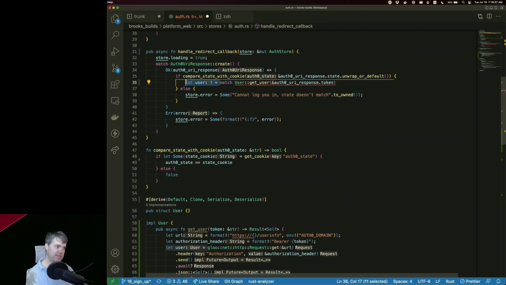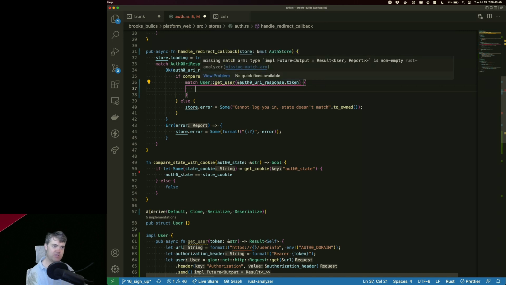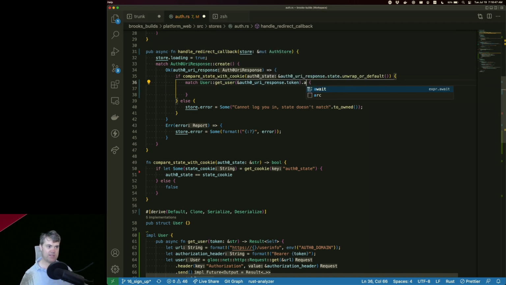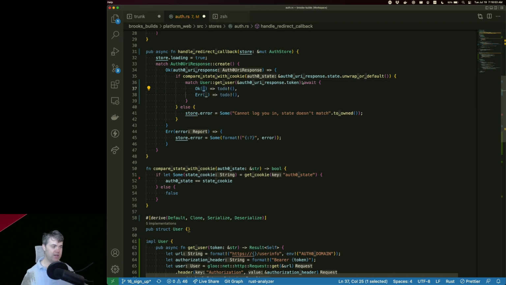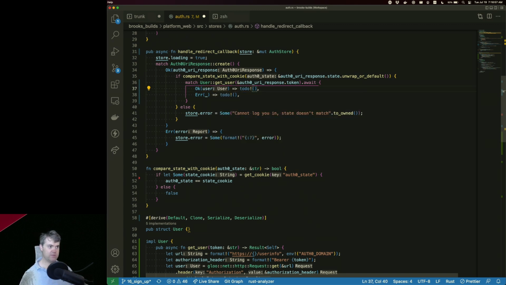Actually, I don't even need to set the user like that. Just match. Get users, that's that. We'll await. Okay, so if it's okay, we have a user. And I want to stuff that away. So store